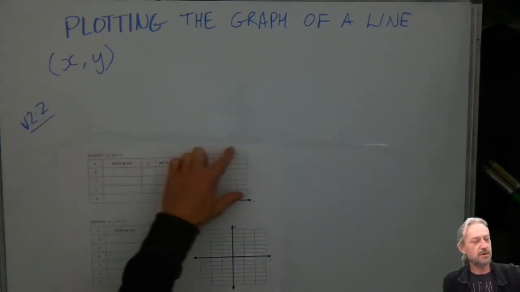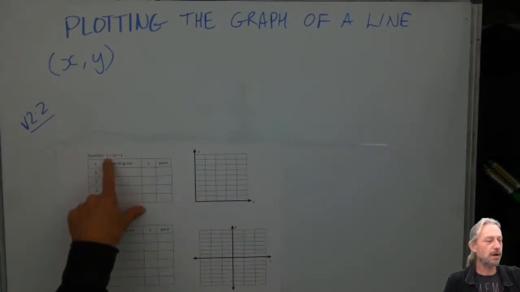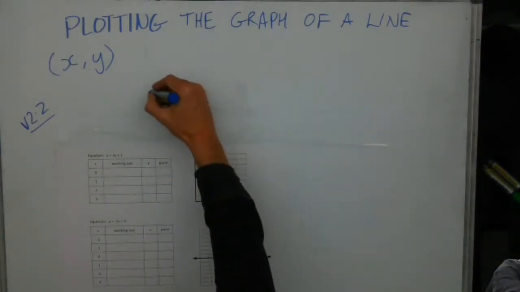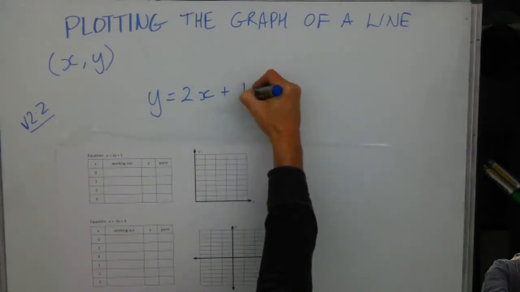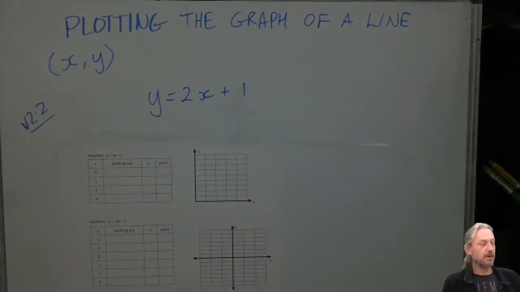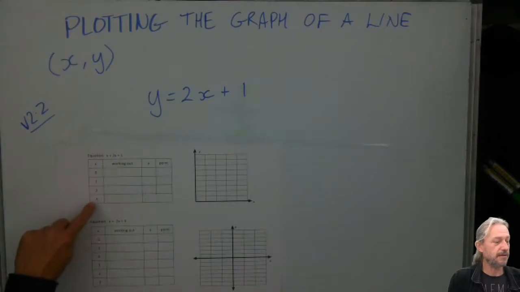So we'll just do this first one. Our equation is y equals 2x, let's write it a bit bigger, 2x plus 1. So what we're going to do is take the x values 0, 1, 2 and 3,